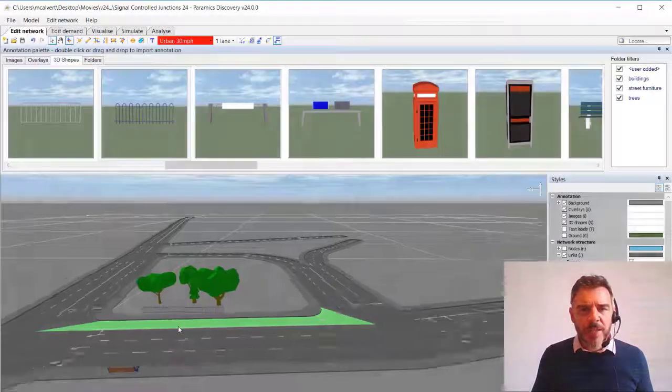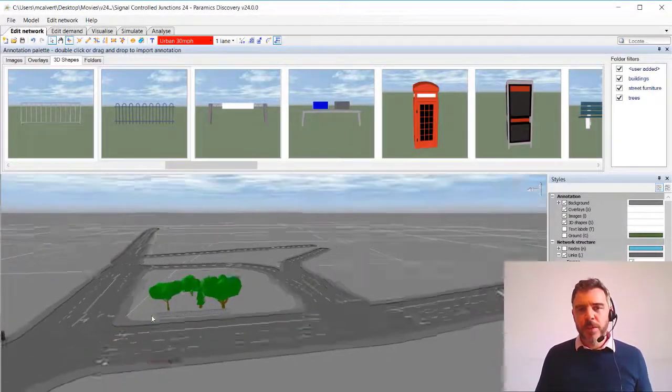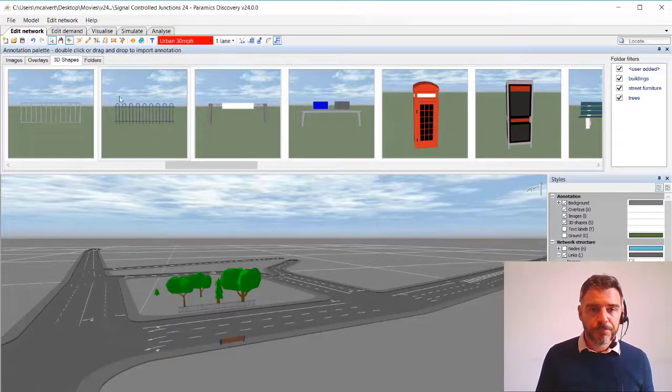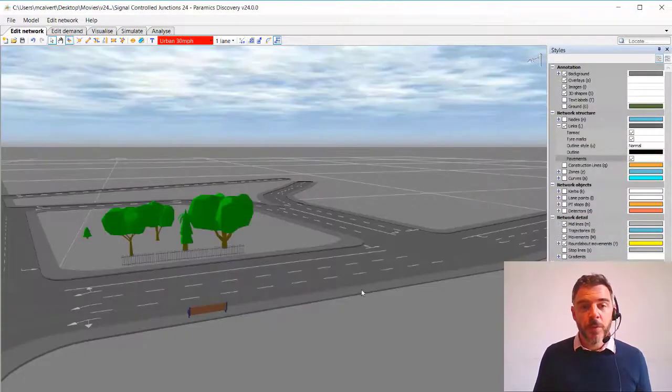Okay, so I'm not going to add in any more 3D shapes. The key thing is that you get the idea. You can see how quick and easy it is to add them in, dragging and dropping, also duplicating them within the window. Now what I want to do next though is show you some of the other improvements we've made